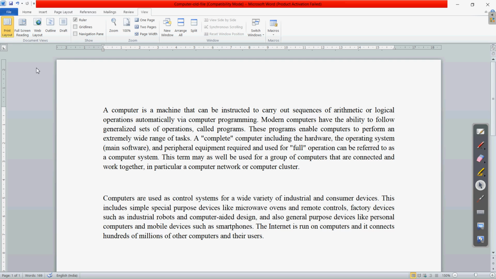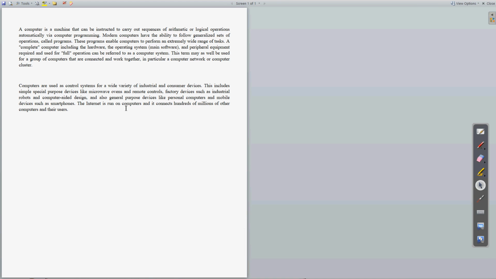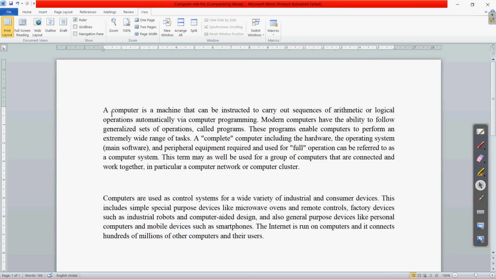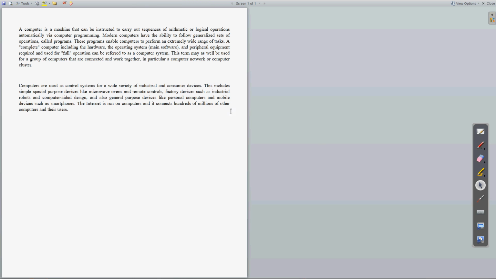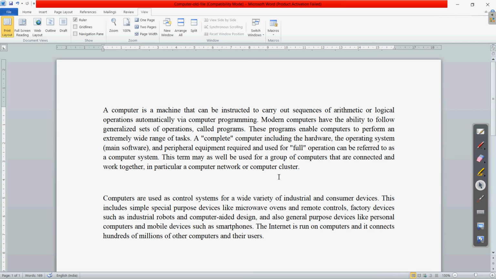Clear? If you want to see the full screen reading, so if I click on the full screen reading, you can see the other things are removed, and only the text or the single page is appearing to you. If you want to go back, you can click on close, and it will come back to the original form, or you can choose these options from here also. The same full screen button is here at the bottom, you can click and see, yes, the same appearance is here as well. So both are the same, at the top and the bottom we have both options.